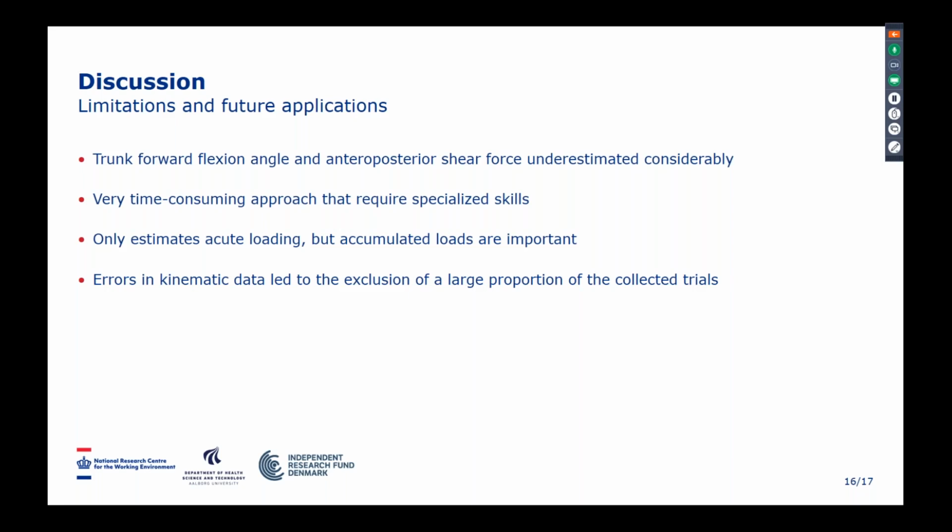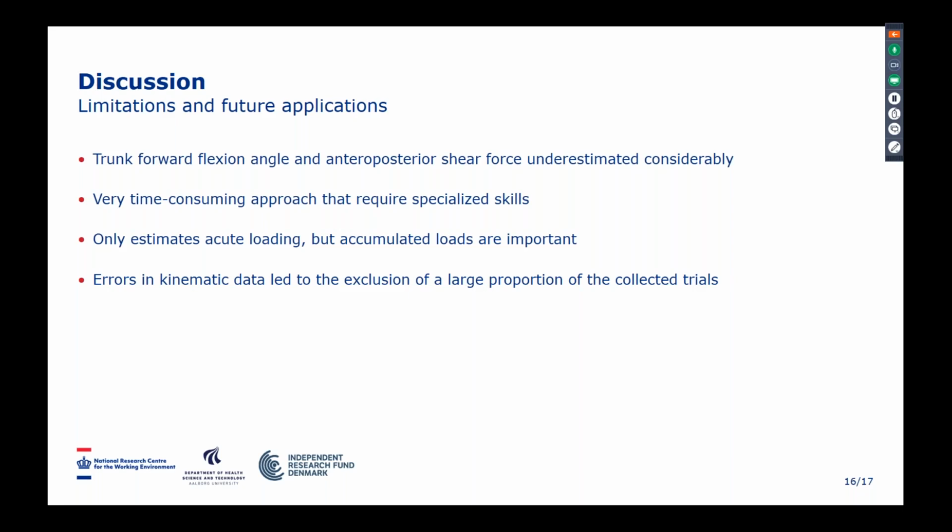But we also know that in the supermarket sector, accumulated loads are quite important because often they would have an 8, 10, 12-hour shift where most of this time they would be involved in some kind of manual handling. So of course, there's also a risk of injuring yourself if you keep on lifting even lighter loads for an extended period of time. But this is, of course, something other methods, more physiological or psychophysical methods, would be better